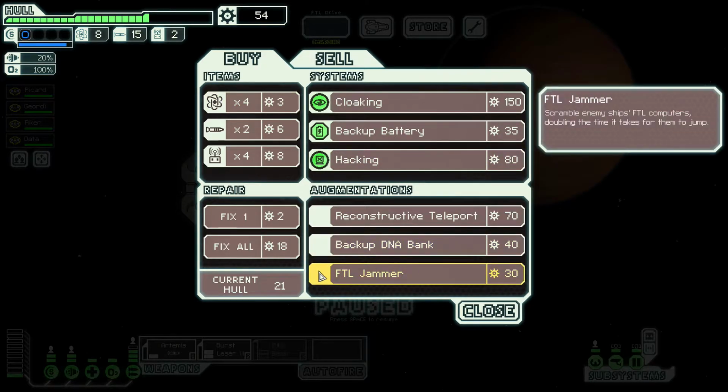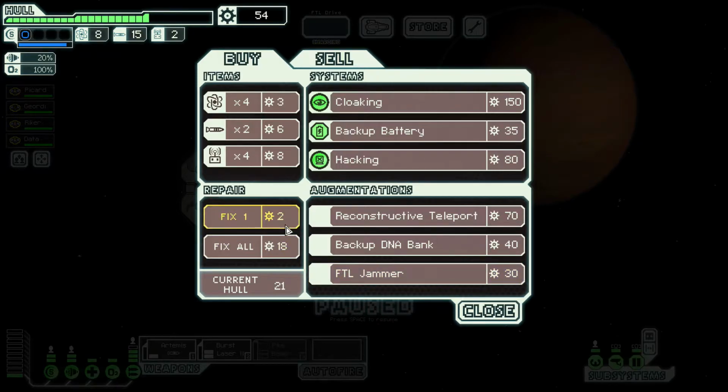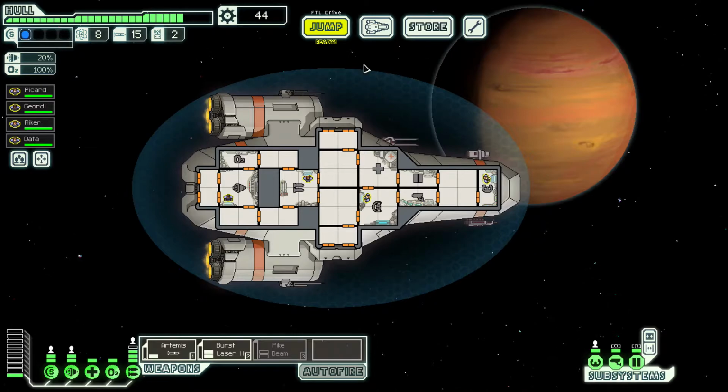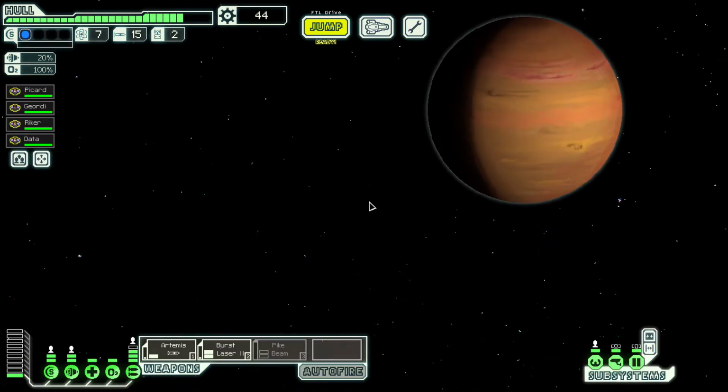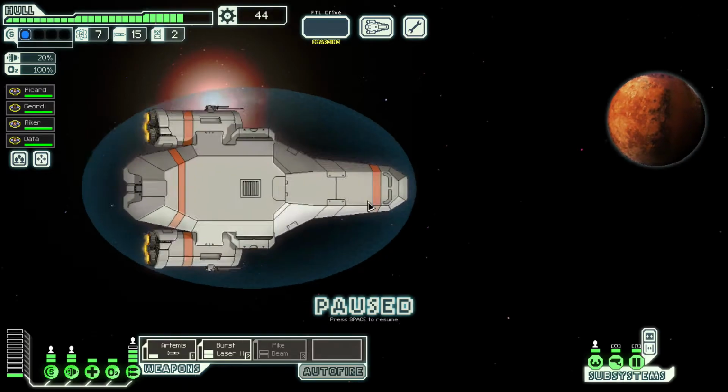We could slow them down, but I feel like it's better to save our money. We could fix some hull points. Yeah, I guess we'll do that a little bit. Alright, that's all we can do. A little bit of a disappointing selection, but we didn't have a lot of money anyway, so...